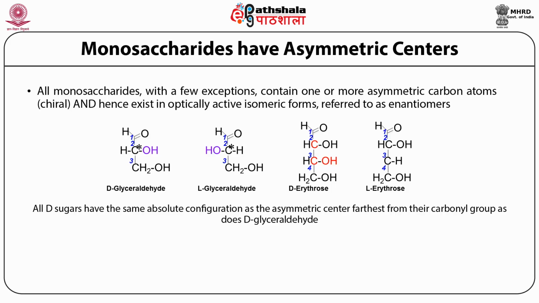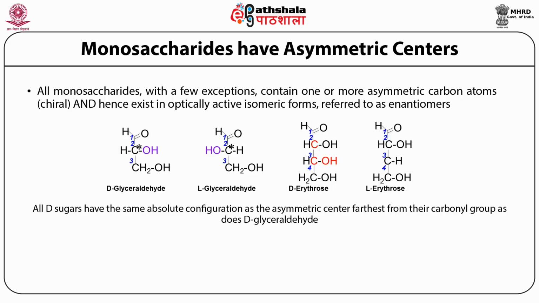Similarly, now if you have to designate an erythrose molecule with a D or an L, as you see here, the molecule would be designated as D if the hydroxyl group that is farthest from the functional aldehyde group is placed on the right side, similar to the glyceraldehyde molecule. So whenever the hydroxyl group is placed on the right side, the molecule is designated as D, and if it is placed on the left side at the asymmetric carbon center, which is farthest from the carbonyl group, then it